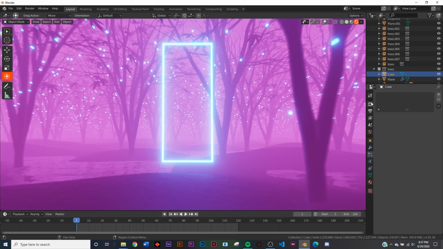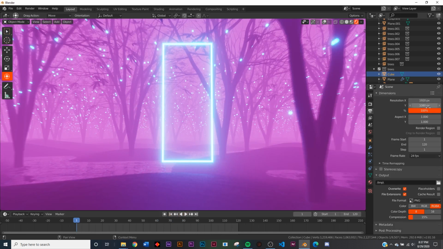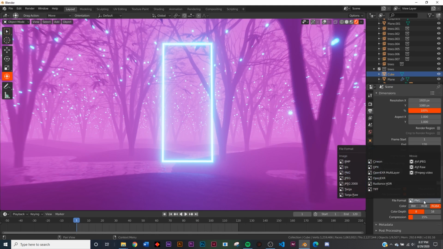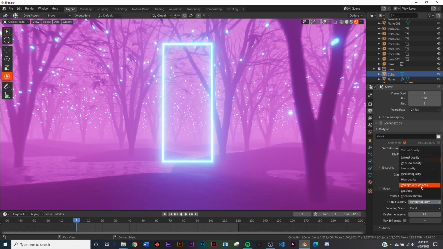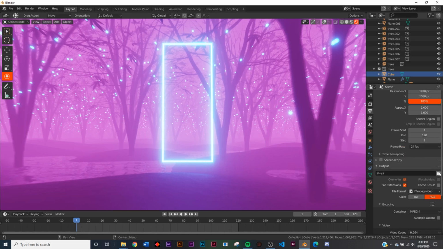So to export it, we'll go back here to this printer icon, do whatever resolution you want. I'm going to keep it at 1920 by 1080. Right here on PNG, go to FFmpeg video, or keep it at PNG if you want to do an image sequence. On encoding, change that to MP4, and then on medium quality, go to perceptually lossless, select where you want to save it, go to render and render animation, and when you're done, you'll have a really nice,